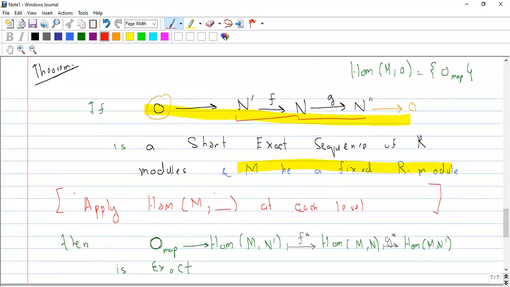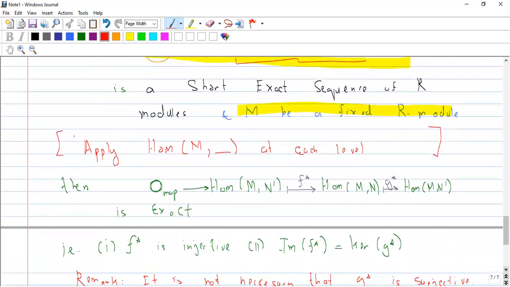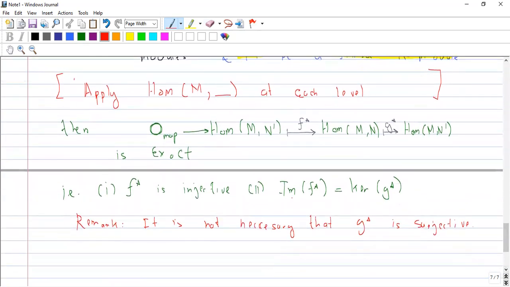So this is a theorem that after applying this Hom on a short exact sequence, it may not be a short exact sequence, but since this g star will not be a सर्जेक्टिव मैप, बट स्टिल ये वाली दोनों चीजें होल्ड करेंगी कि f star इंजेक्टिव ही रहेगा एंड इमेज ऑफ f star इट इज इक्वल टू कर्नल ऑफ g star। अच्छा, इसकी पहले एक एग्जांपल देख लेते हैं दैट